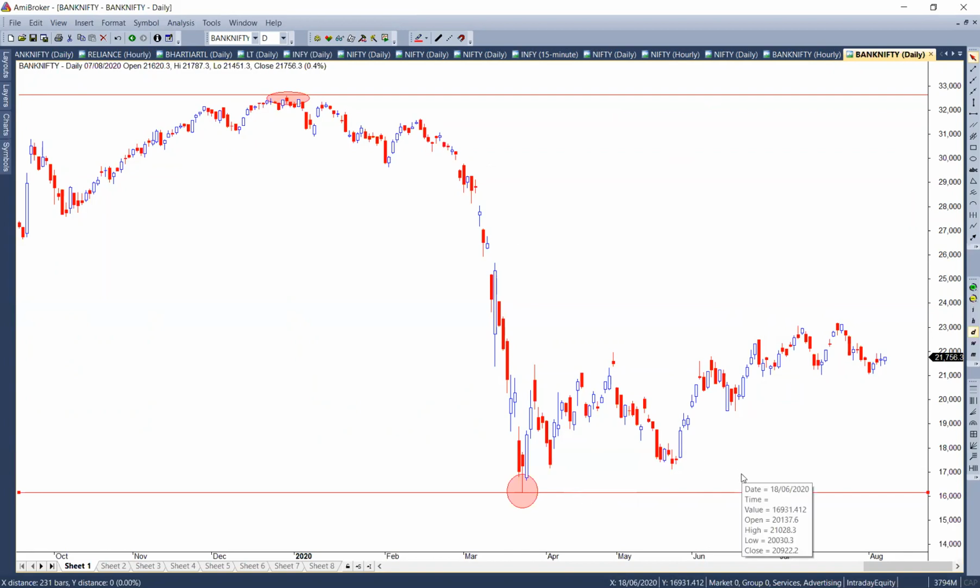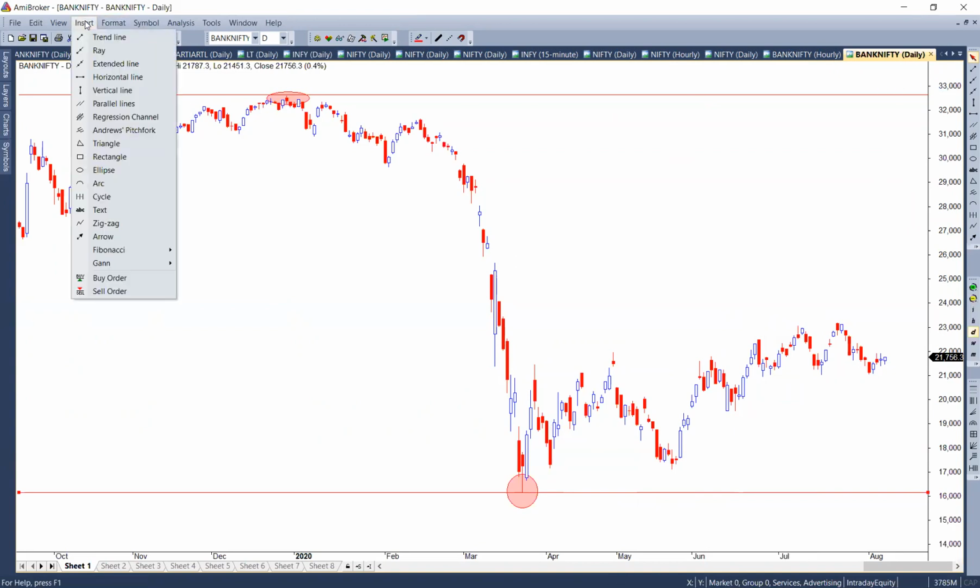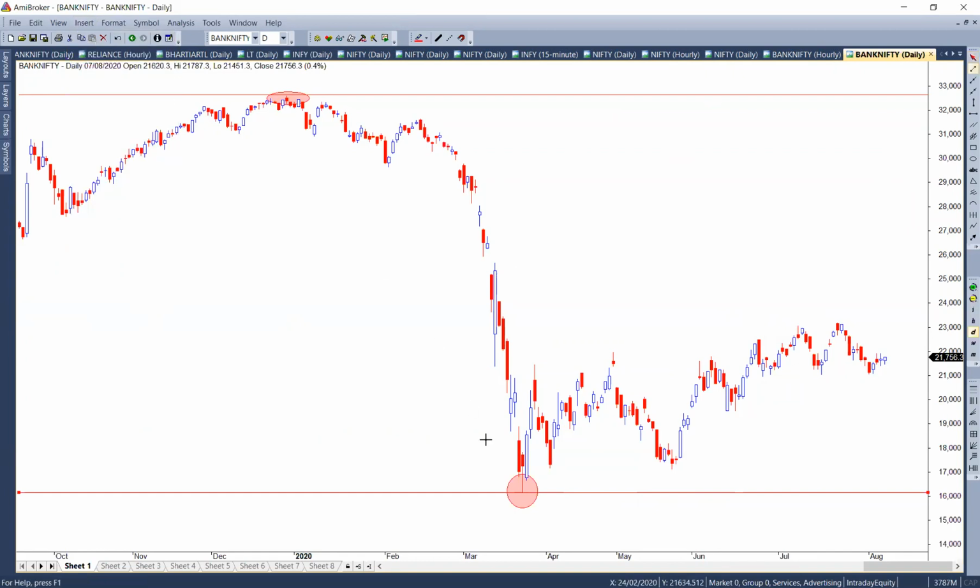By doing that, I am now going to draw a trend line. How do I draw a trend line? If I go to insert again, there is a trend line. I just go to trend line. I take this point, the lowest point, and connect another lowest point here. So this low is a clear low and this is a clear low. I simply connect and keep extending it on the right side. So this becomes my lower trend line.